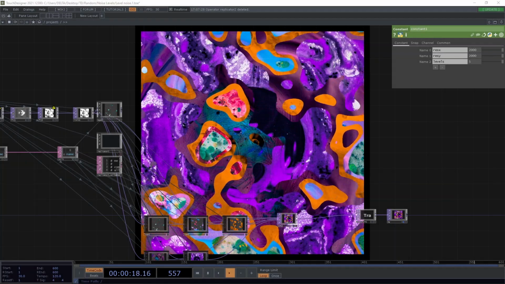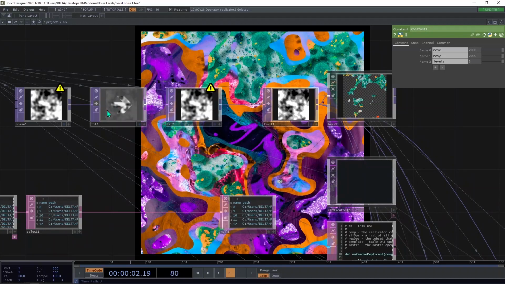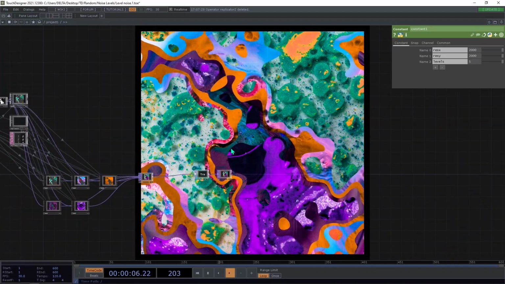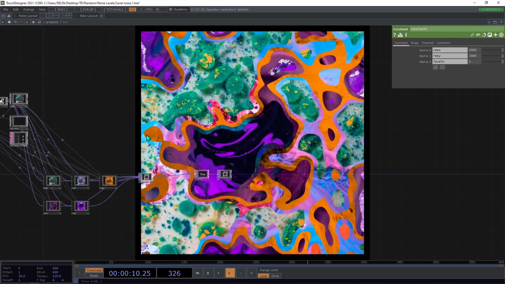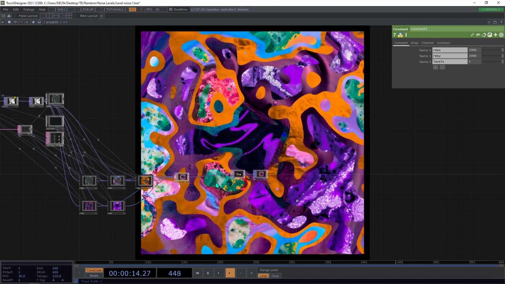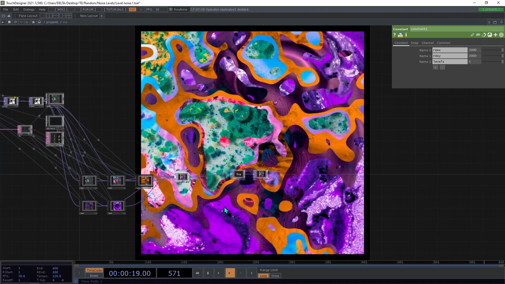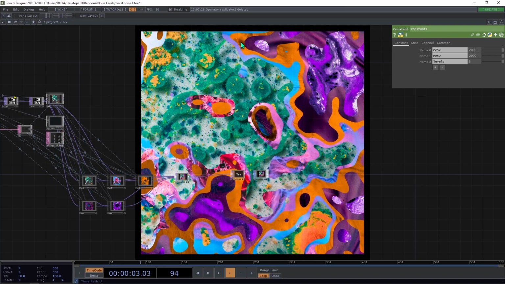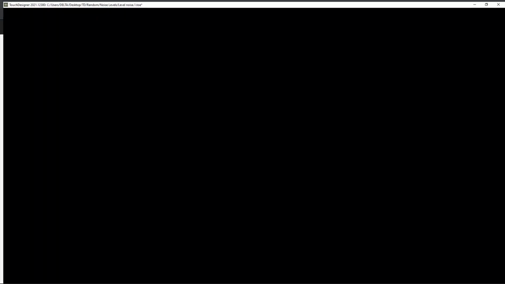Hello everyone, welcome to this new TouchDesigner tutorial. In this tutorial we're going to learn how to achieve this composition effect in TouchDesigner, in which we're going to use noise to multiply different textures from our computer and achieve this result. Okay, so we're going to start with an empty